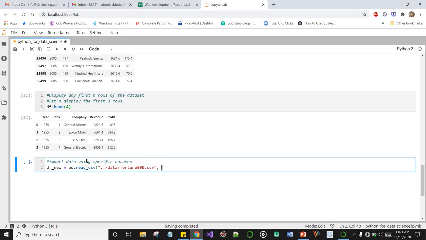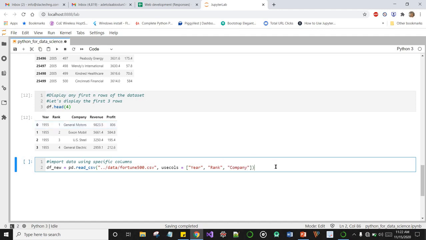Then comma, there's actually a parameter that the pd.read_csv method takes called use columns. Let's say we just want to import the year, rank, and company columns only. So we can pass a list: year, rank, and company.